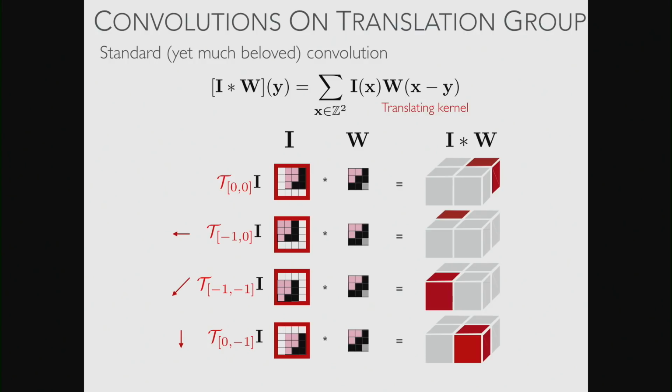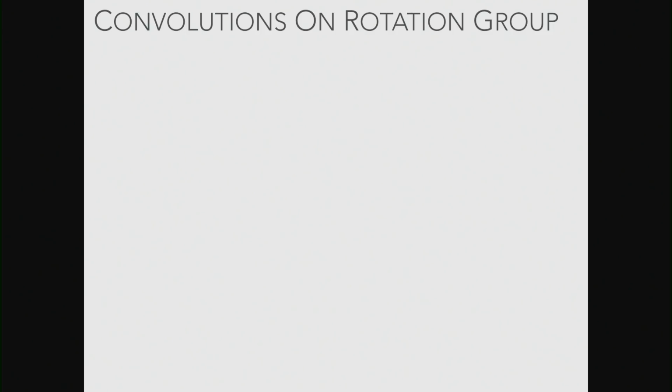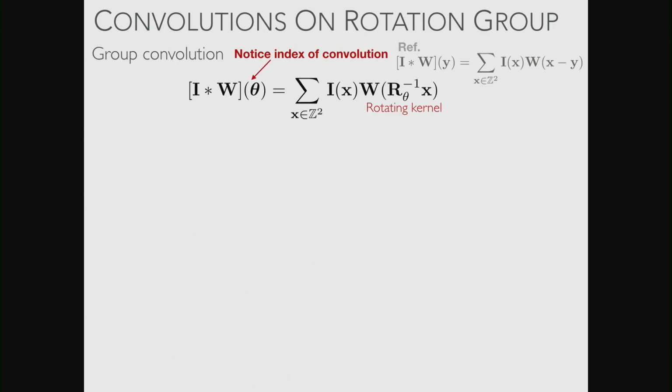Cool. Right, so that's the standard convolution, and hopefully everyone should know that. Now, I'm just going to jump into a group convolution by example. A group convolution is a generalization of a convolution to other kinds of transformations, like rotation, for instance. So, beforehand, this is the reference from last time, we got our kernel and we translated it. Now we're getting a kernel and rotating it. The -1 here, by the way, is just convention.